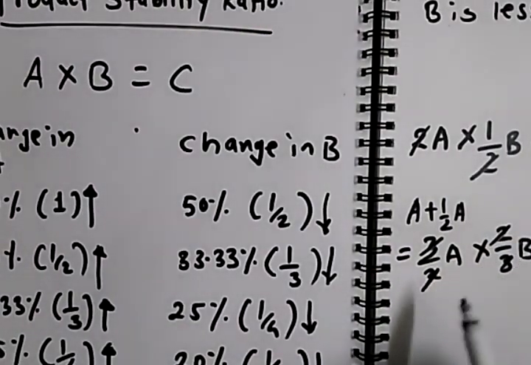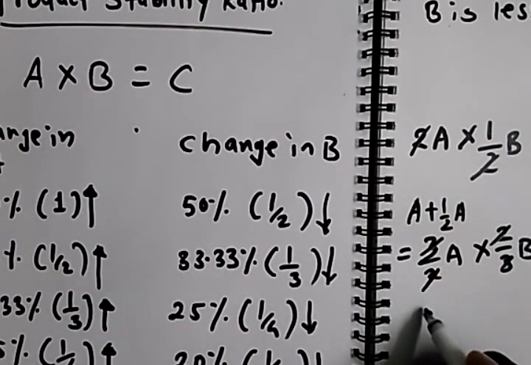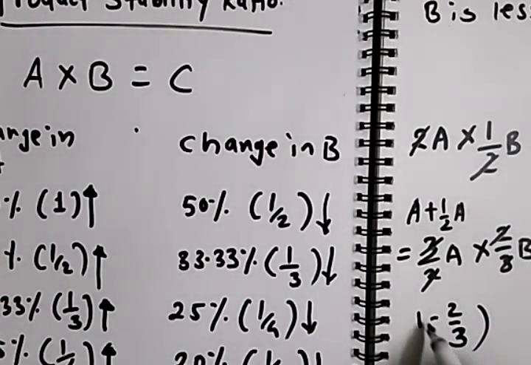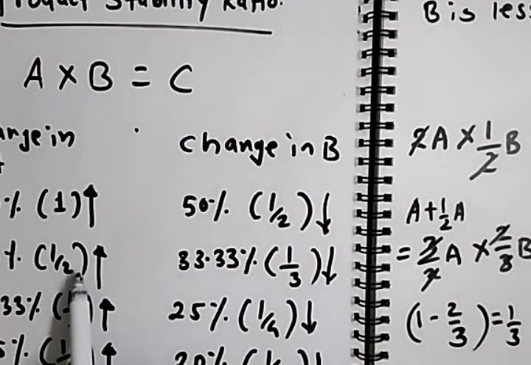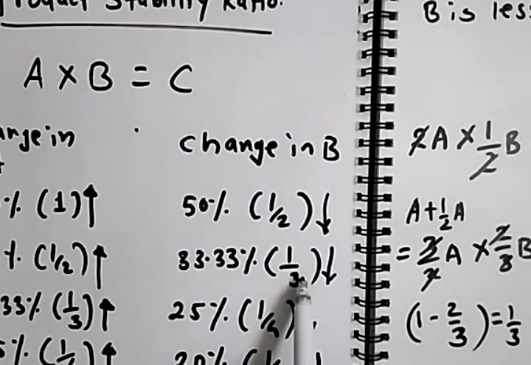So if you want to make your B 2 by 3B, then you should decrease your B by 1 minus 2 by 3, that is 1 by 3. That means if you increase your A by half or 50%, you will decrease your B by 1 by 3,